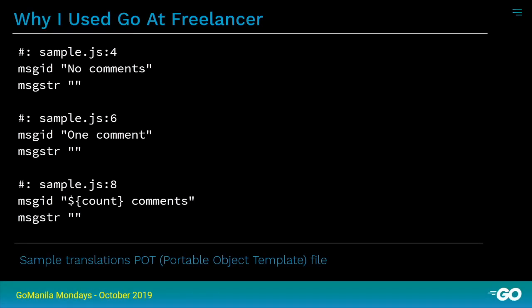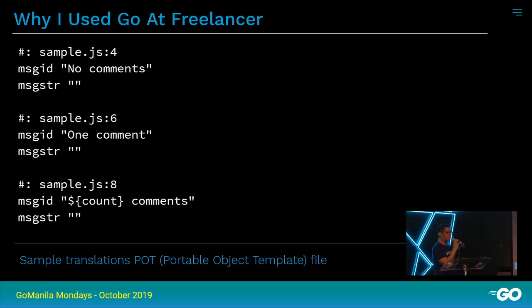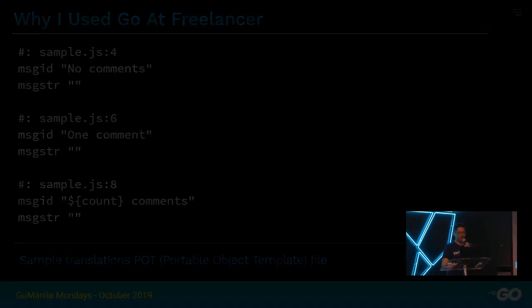Once it does, it creates a translations file. We have different formats. This is just one of them. It's called the portable object translations file, the POT file. We have other formats like XLIFF and so on and so forth, depending on the language that we're using. So when it extracts them, it puts them in a format very similar to this, and it uploads them to the translation system.